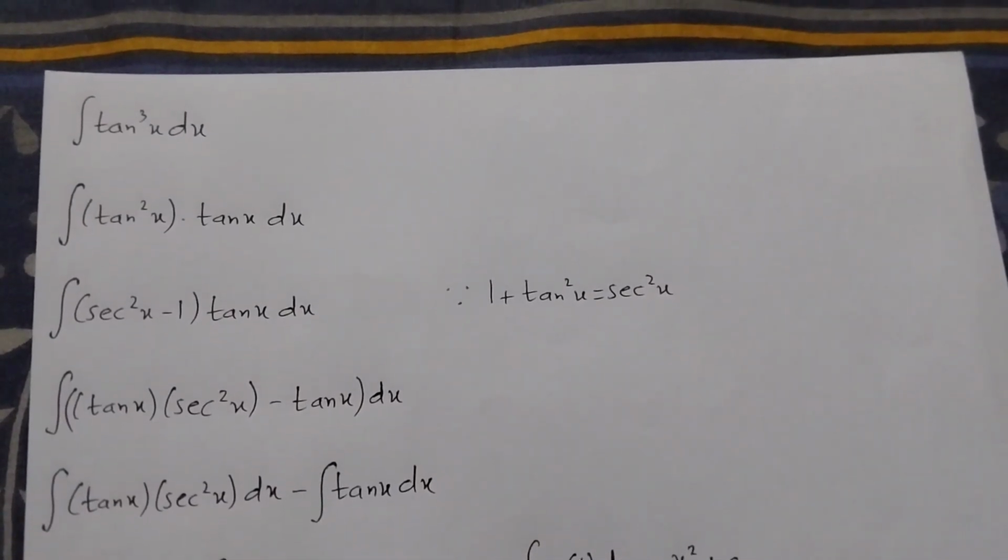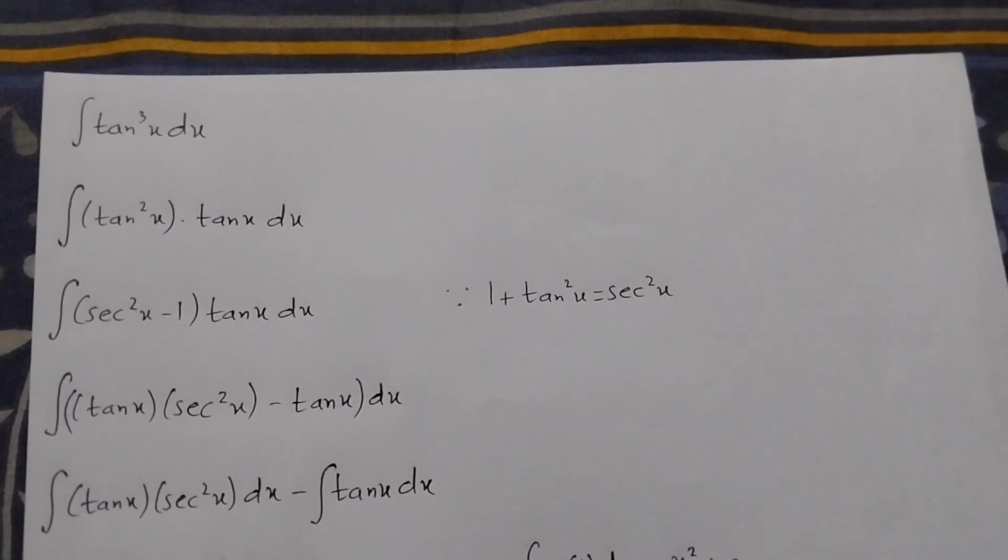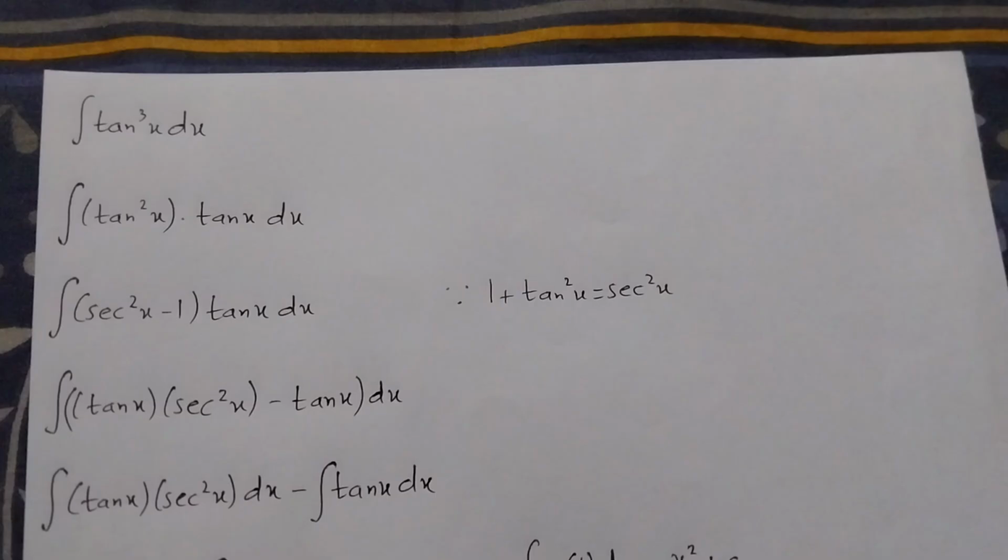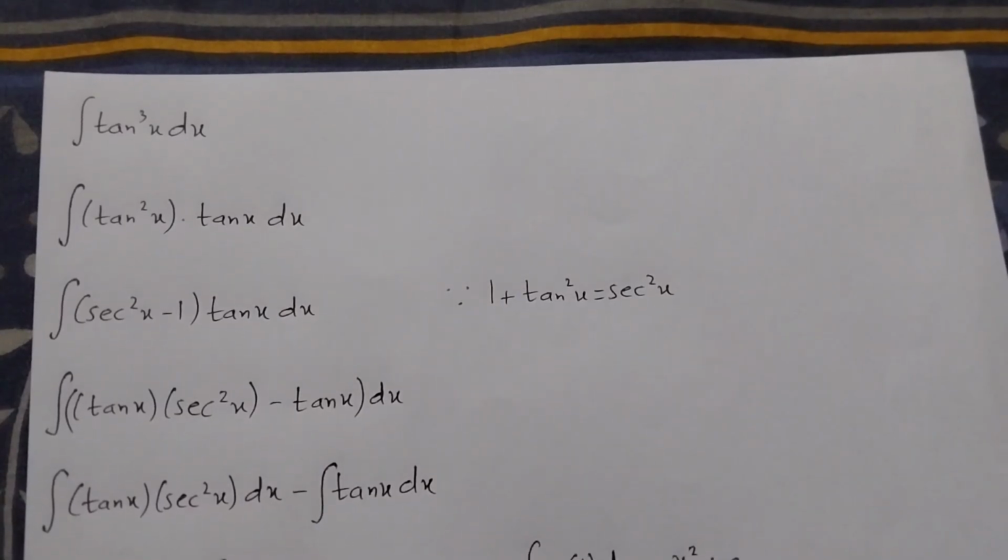Today we are going to find the integral of tan cube of x, and we are going to integrate it with respect to x. So we have an odd power of tan here, and we need to integrate it. We will break it into tan square of x into tan of x,